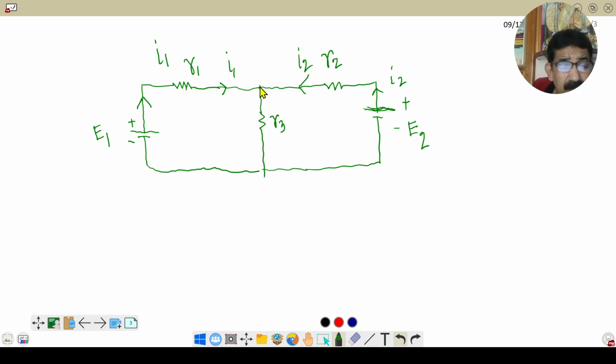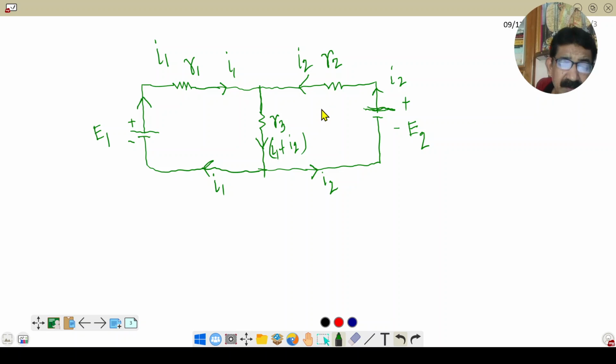And according to KCL, the electric current flowing through R3 is equal to I1 plus I2. And again, in this junction, the current will be divided. Along this direction, this will be I2, and along this direction, the current will be I1. So this is the simplest case. You may concentrate a bit on this particular problem, and it will help you to gain a holistic idea about KCL and KVL.